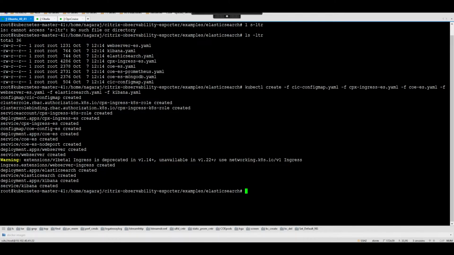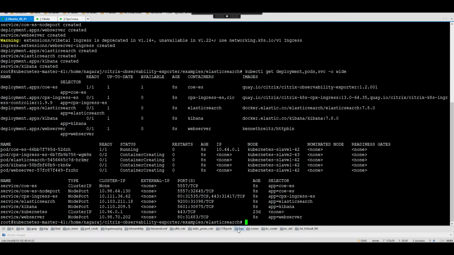Let's wait a couple of seconds for the setup to be up. So if you see here, we have the Citrix Observability Exporter, we have the CPX or the Citrix ADC with the CIC as a sidecar. We have our Elasticsearch server, we have Kibana, and our microservice sample app.